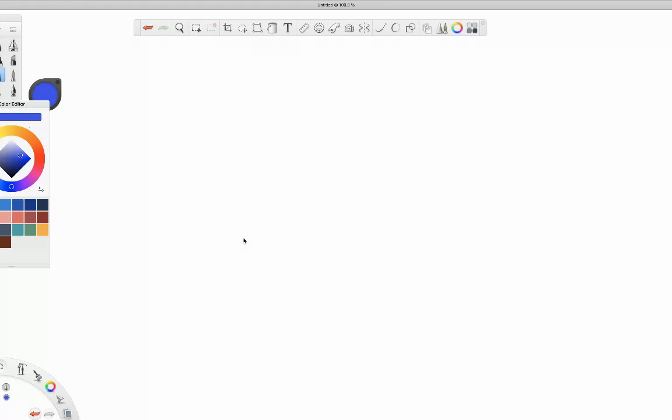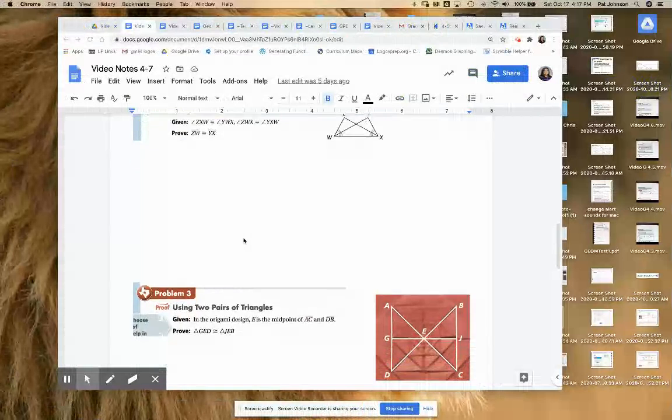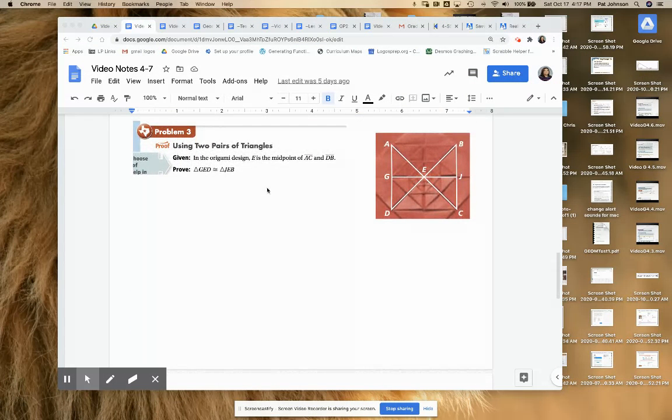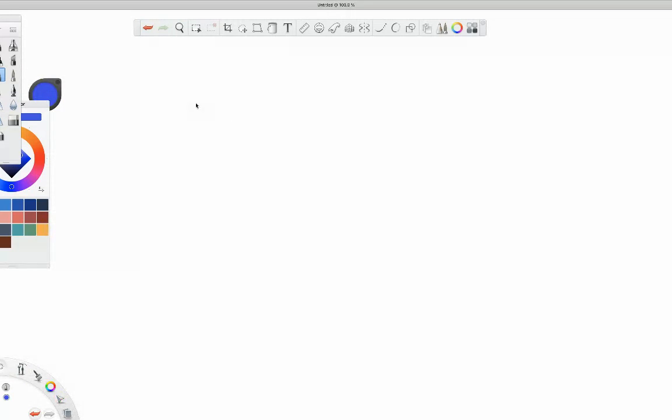Okay, let's look at the next one. This one gets a little bit more complicated here. So given E is the midpoint of AC and BD. So I'm going to go ahead and draw this out. I believe it's something like this. And then,